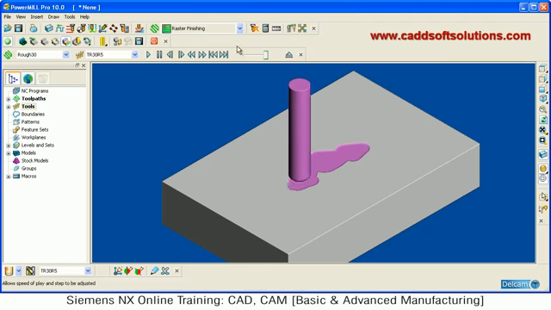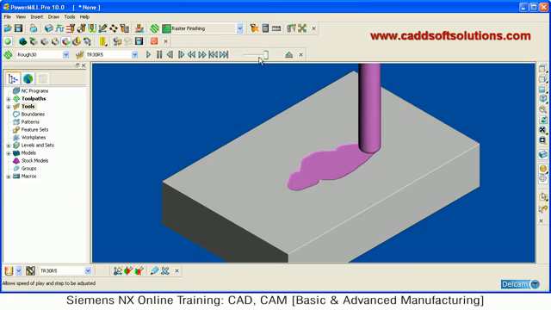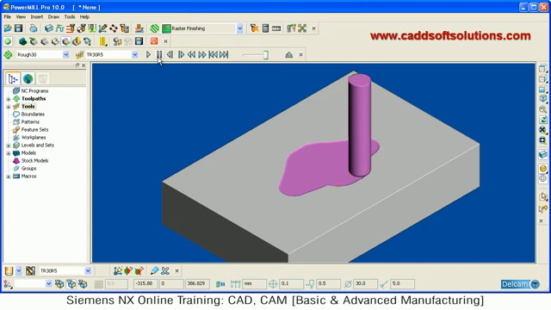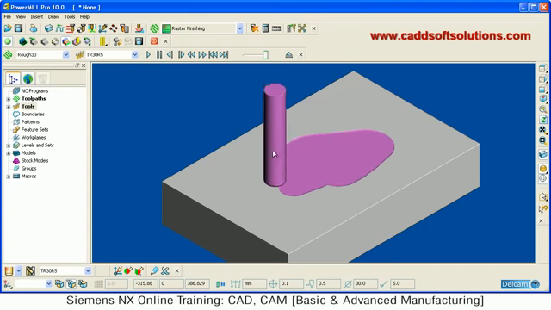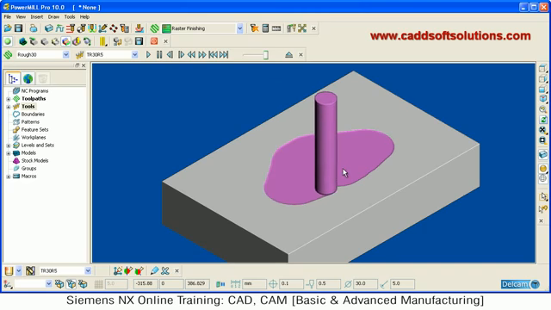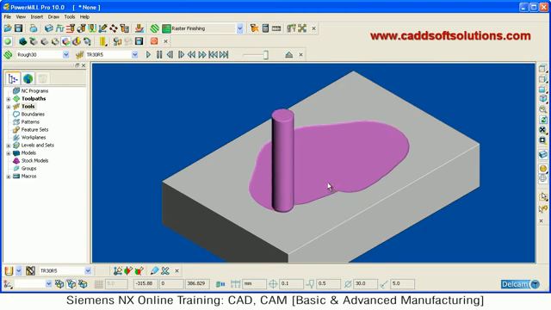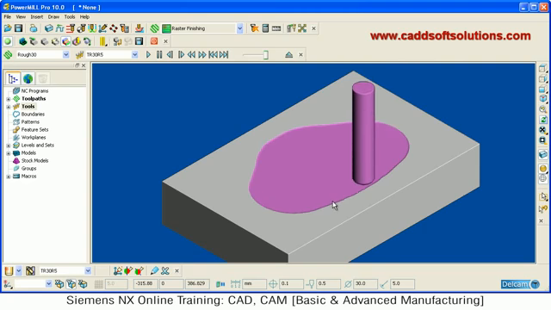You can increase or reduce the speed of the machining using this button. In this way it will show you the complete machining up to the best possible. As per the tool size it will keep the material. So wherever tool entry is not possible, it will keep the material as it is.